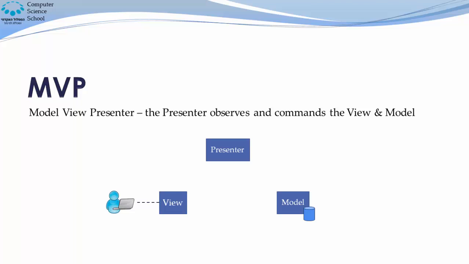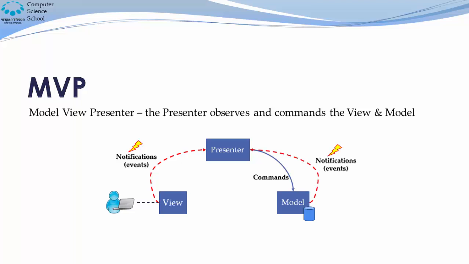In this design, the model and the view are independent layers that don't know the presenter or each other. Using the observer pattern, the presenter gets events from the model and the view and commands them. As we can see here, the user does something in the UI that raises an event in the view. The presenter catches that event and runs the required method in the model. When the model finishes its job, it also raises an event, and the presenter catches that event and runs the required